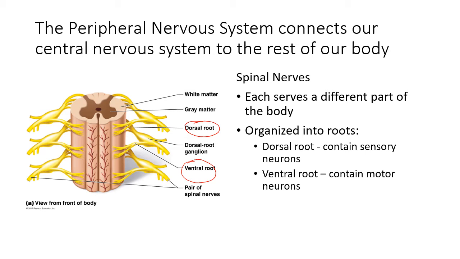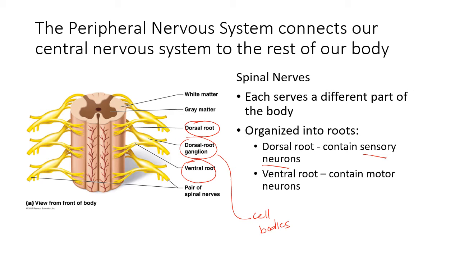Basically, how these are organized is the dorsal roots are near our back. Think of how dolphins have a dorsal fin. Dorsal is near your back. The dorsal roots have a large bulge in them, and that bulge is called the dorsal root ganglion. That ganglion actually contains cell bodies. It contains the cell bodies of sensory neurons, those neurons that are responsible for detecting things like smell, temperature changes,